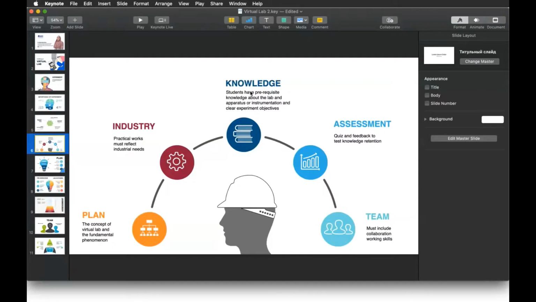So if we supply them with the pre-knowledge before they do the experiment, they always have the option, from the method during the virtual testing, to go back to the knowledge. They can also go to the knowledge or pre-knowledge whenever they start during the experiment. And the assessment is the last one that I developed because